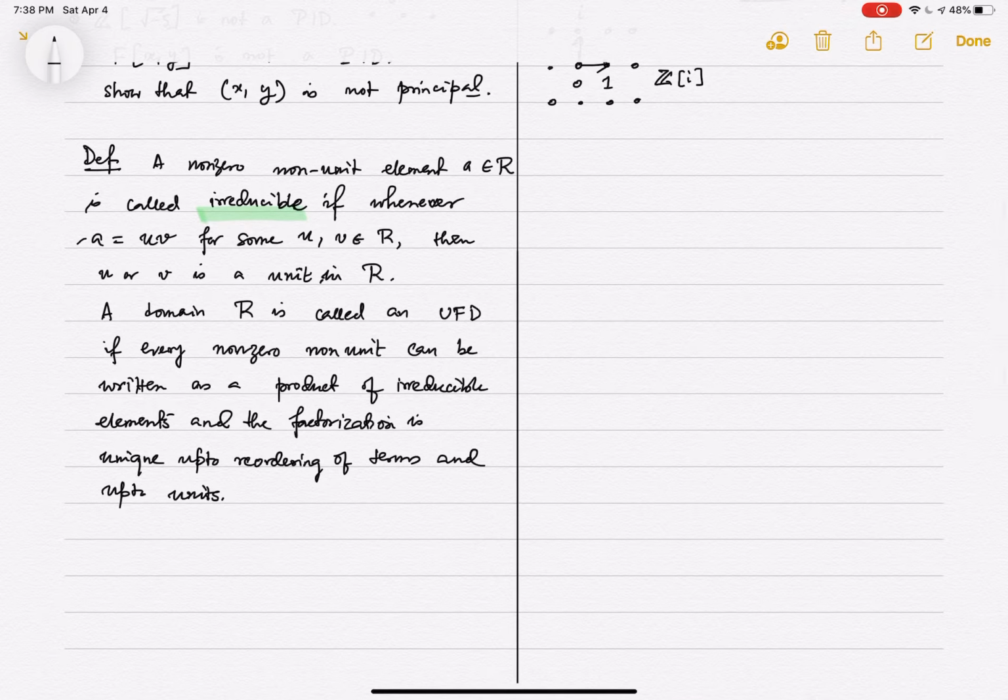It's saying that they have an irreducible factorization like we have seen in the two prime examples again,